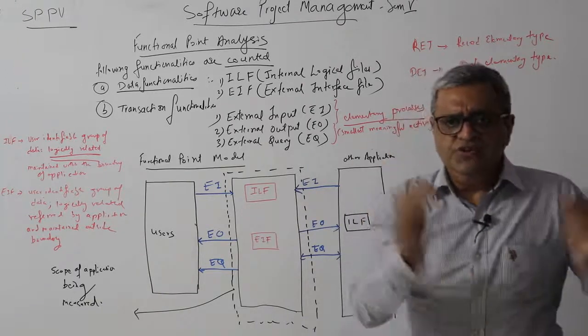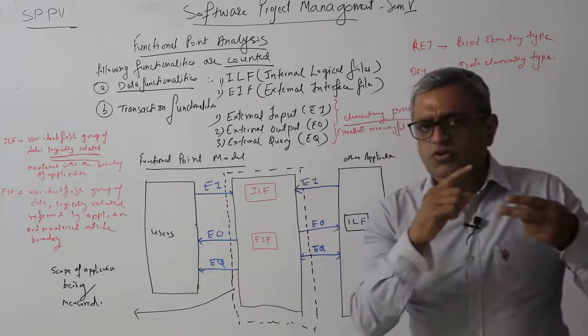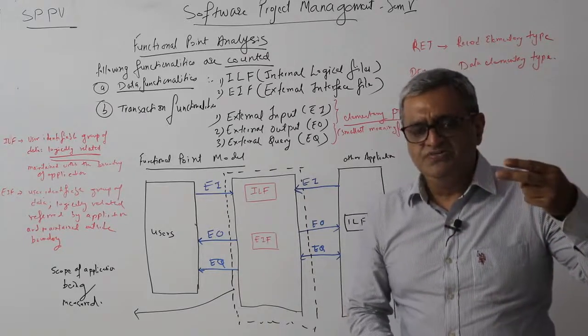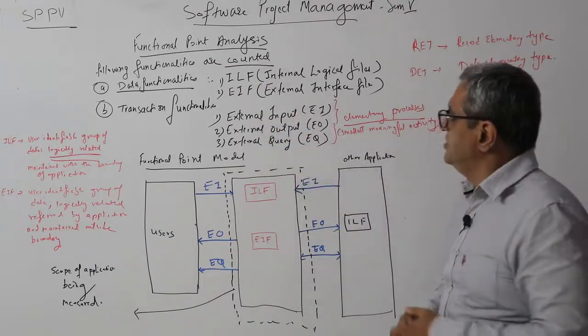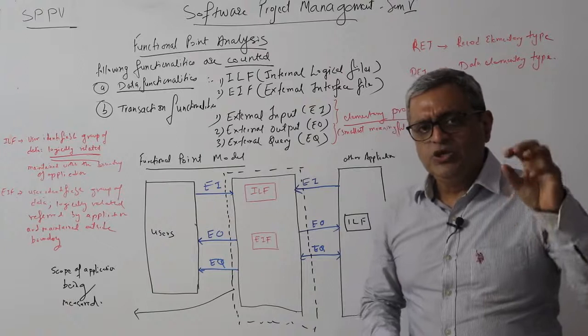So data functionality has two functionalities which need to be counted. One is the internal logical file, typically termed as